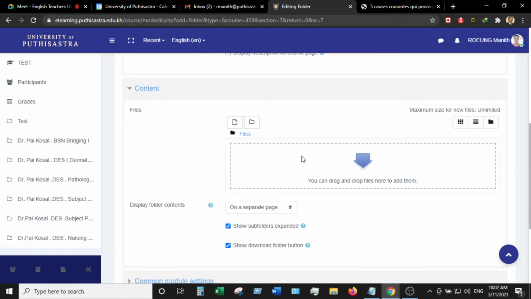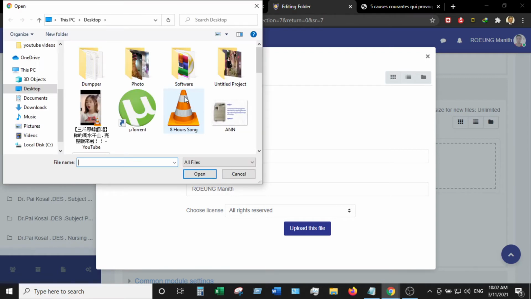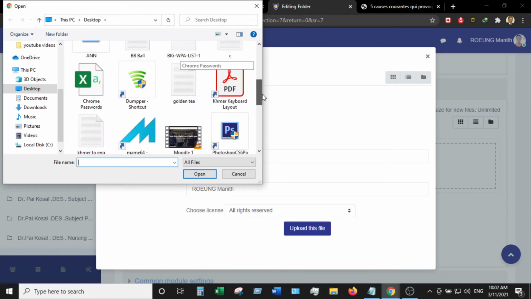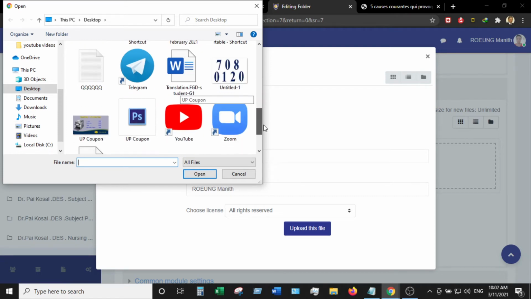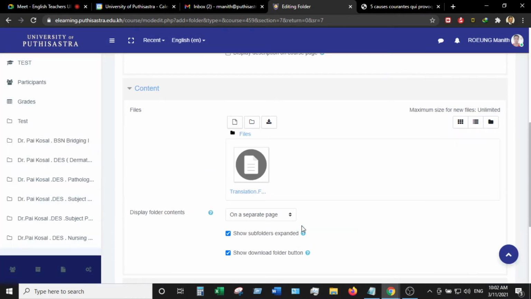content in here. So you can drag the file directly or you can click on it. Okay, click on it and then choose the file to import. For example, I want to import this file. Okay, click on it, open, and then upload this. Okay, after upload finish, you can